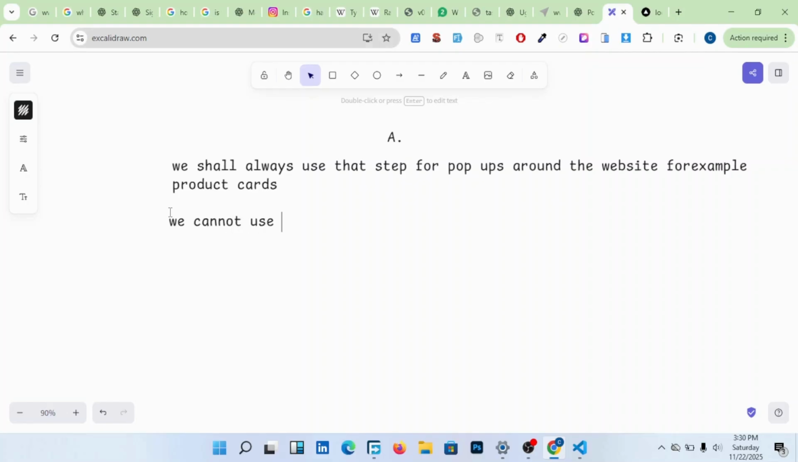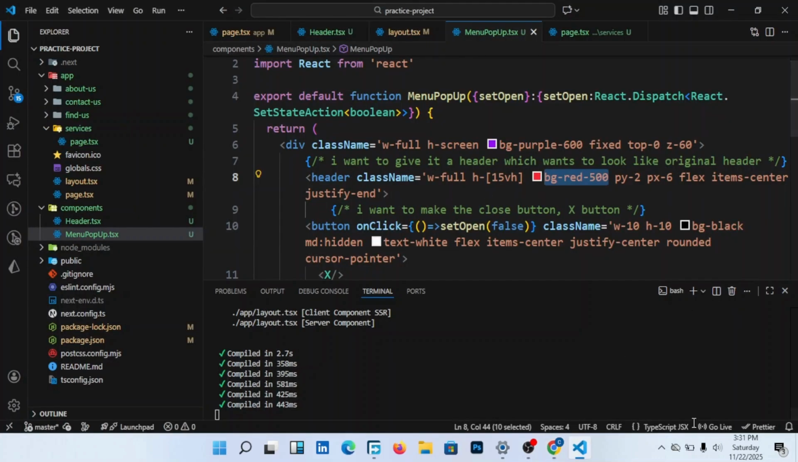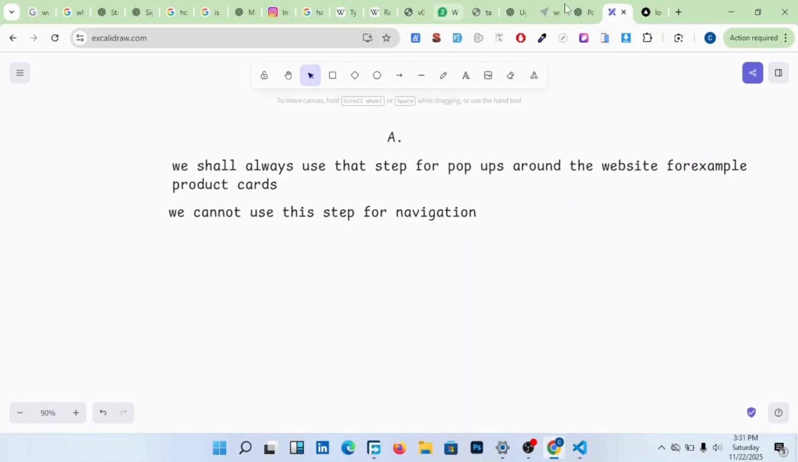When you're building a real application, a real website, you cannot use this step for navigation. It has its own problems, and I want to explain the challenges which we normally face there. So members, if you continue using this step which we have used here,